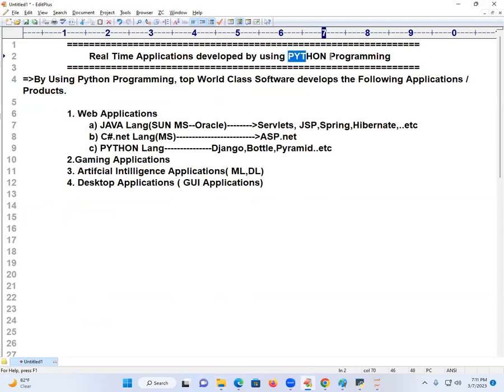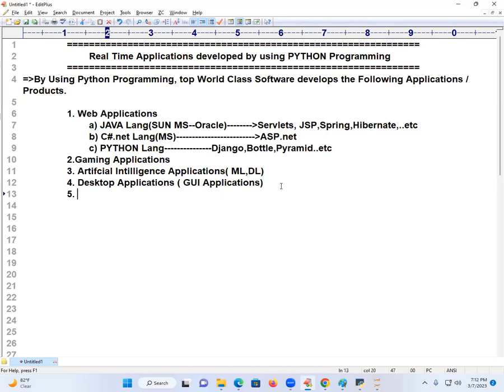What is providing? Python is providing a separate module for that. In Java also we can develop. C#.NET also we can develop. If I write 100 lines there, here I will write only 10 lines. What is the beauty behind that? Readily available libraries are provided. That's why Python is not theory. Python is totally modules. Always modules. So go to the next application.